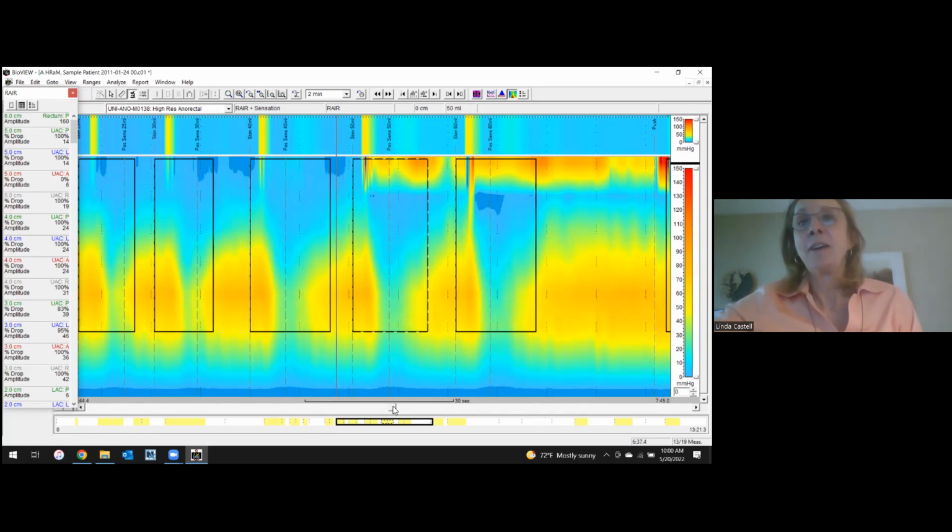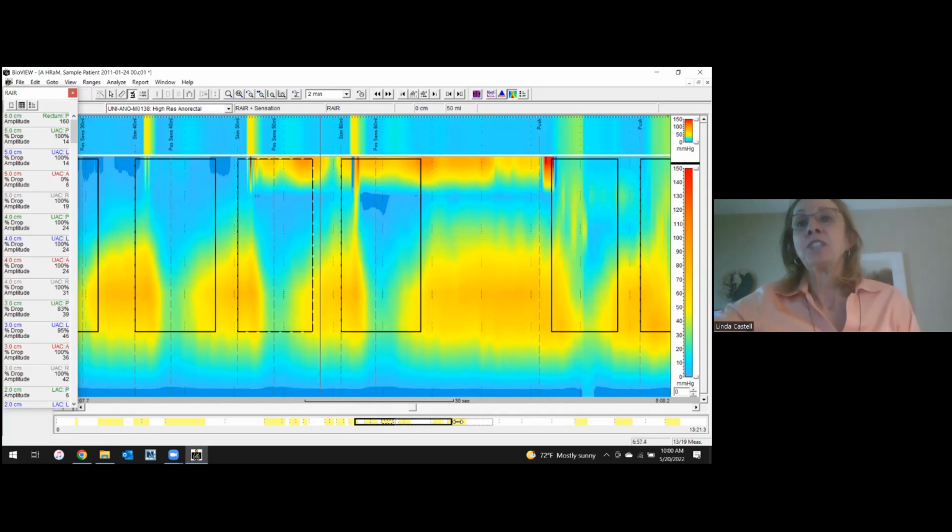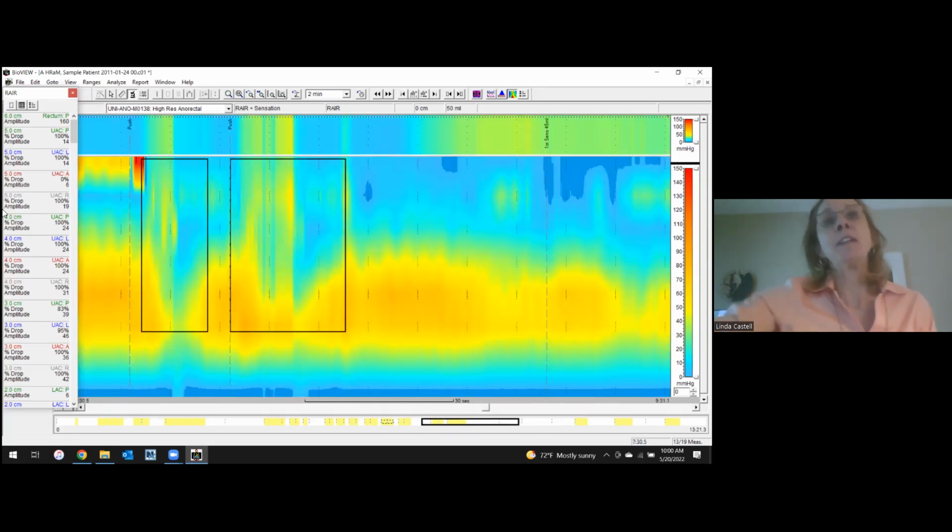Okay, so now the next part of our study is our push. When the patient pushes, this is another measurement that I want you guys to double check the computer with. The computer is so accurate. It does everything beautifully as long as your boxes are big enough that you started them before the patient squeezed or pushed. The computer is so accurate, but it can make a mistake on that squeeze duration and on the